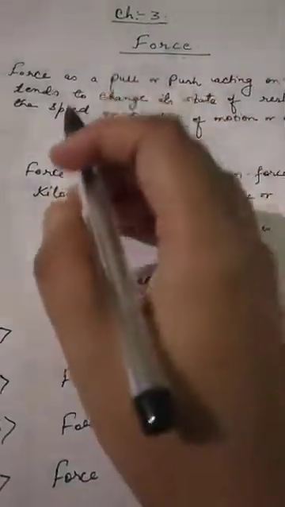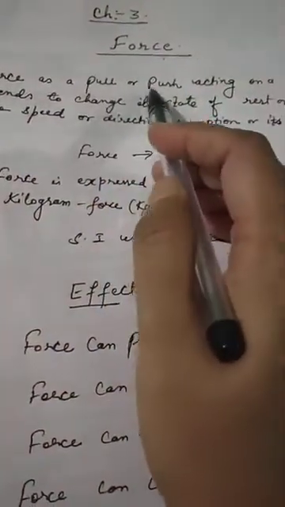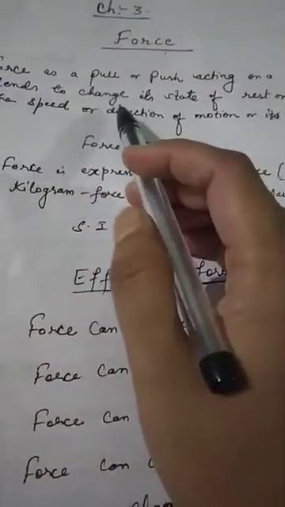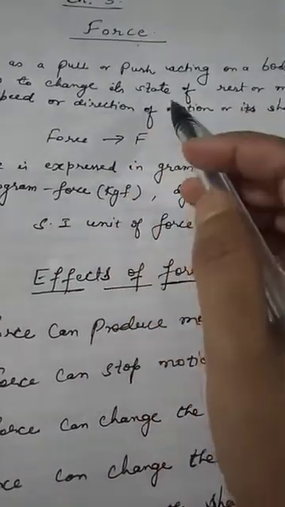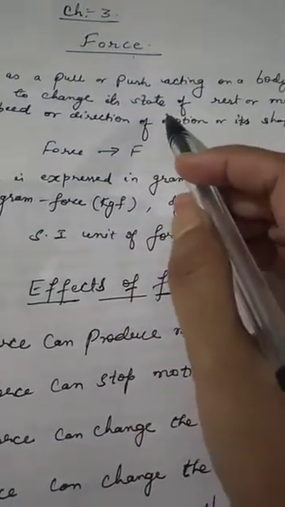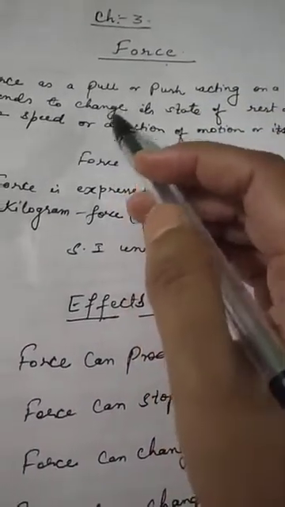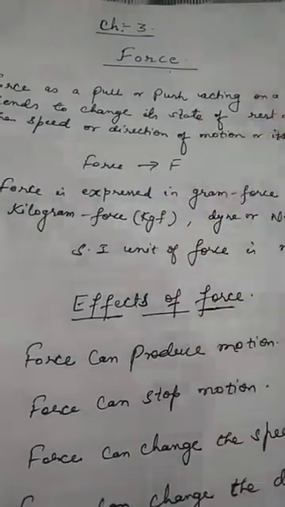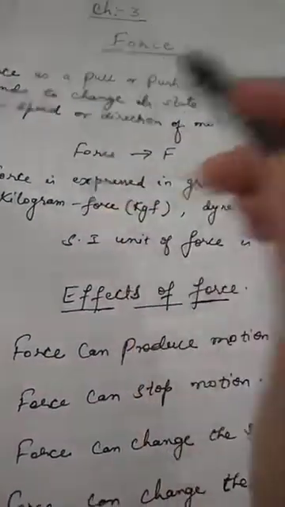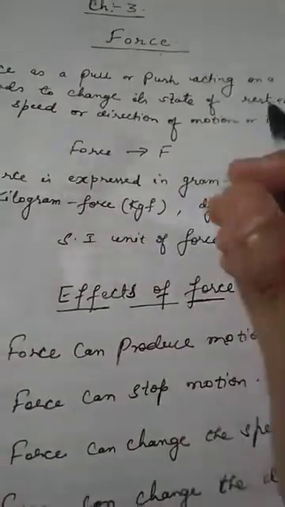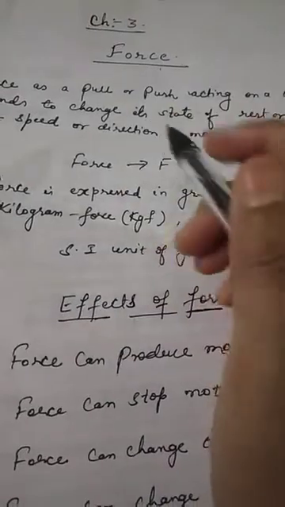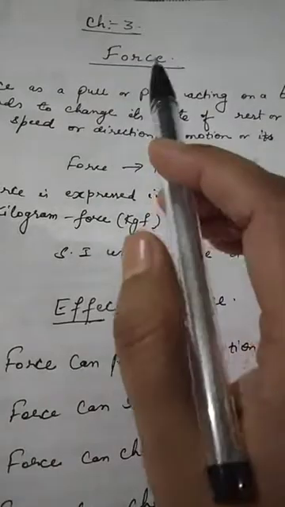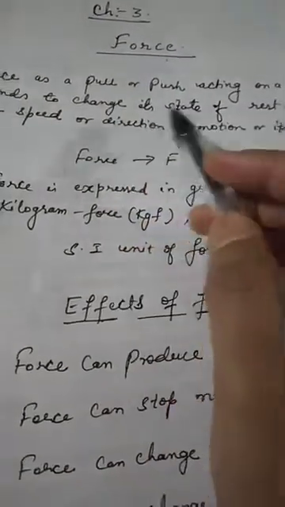So force can be defined as a pull or push acting on a body, but for the force to act, the two bodies must interact with each other in some way or the other. For example, if you have to open an almirah, then what will you do? Almirah's door will not open on its own. You need to apply some force, and when we apply force and pull its knob, then it will open. So an interaction between the objects is very necessary for force to be effective.